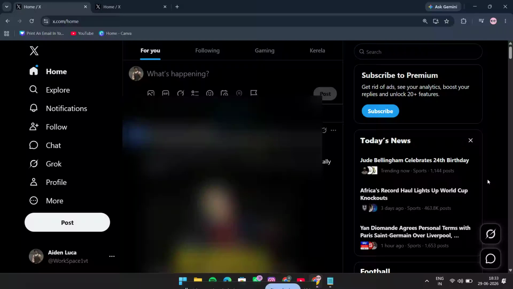If you want to organize the accounts you follow on X, one of the easiest ways is by using lists. In this quick tutorial, I'll show you how to add lists in x.com, also known as Twitter, so you can keep up with specific topics, creators, or accounts in one place. This is a simple feature, but it can make a big difference if you want a cleaner and more focused